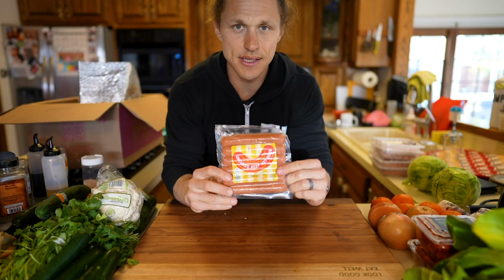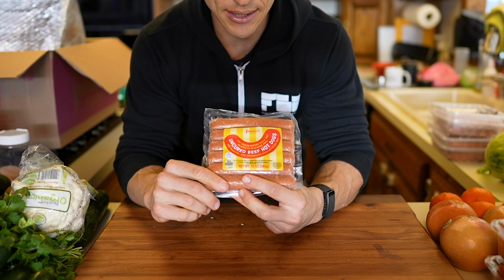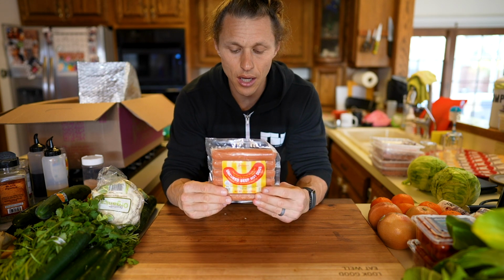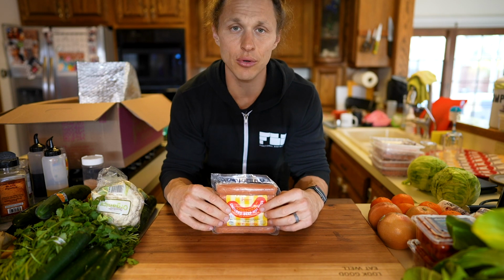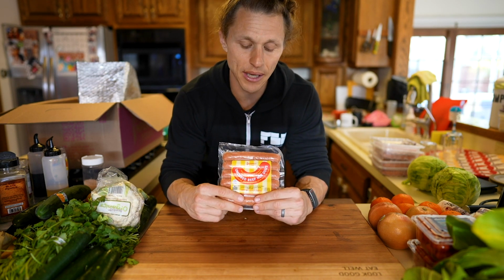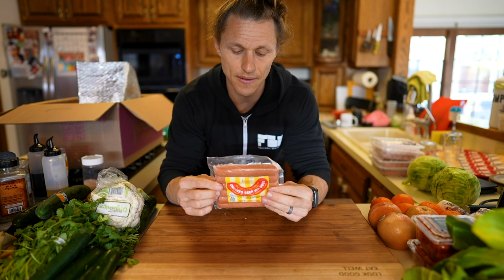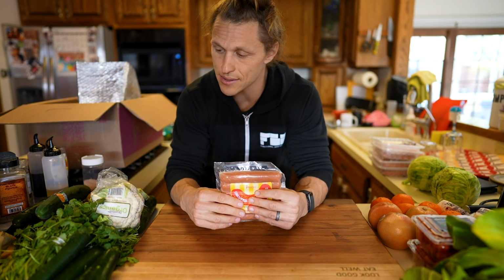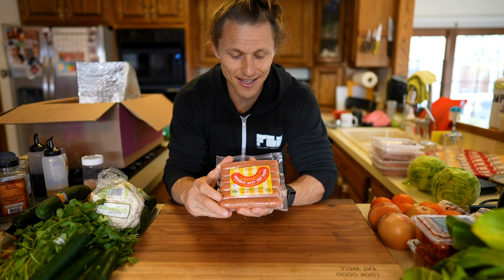Now, this is something that we try to vary up periodically, but getting these uncured beef hot dogs from either Imperfect or one of the other brands that are out there. The kids like hot dogs, and you know, with Noah, it's challenging to get her to eat protein. She likes eggs. We'll sneak some protein into her pancakes. She likes shrimp periodically, and she likes hot dogs or chicken dogs or whatever, something that's sort of processed. She also loves bacon,